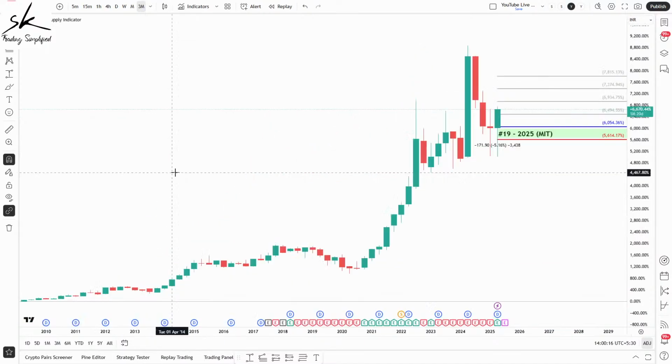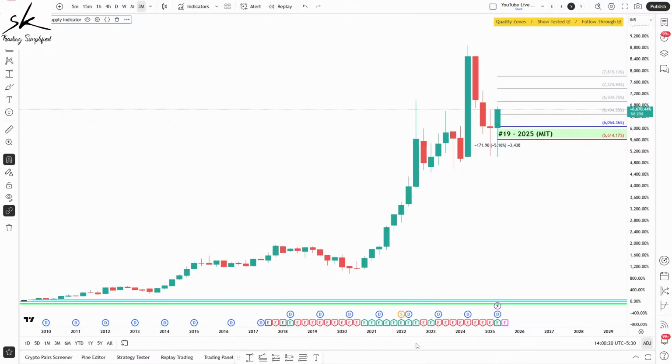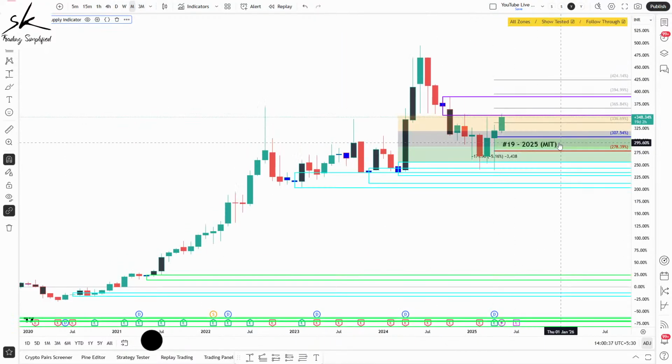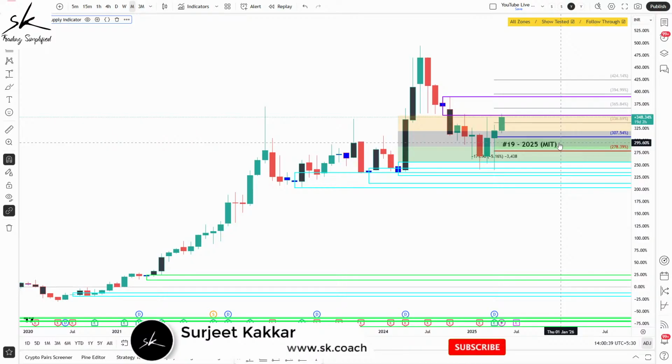If I go to the 3 months chart here, you can see I don't have any demand area here. So let's change this to all demand supply structure. You can see I don't have any support coming in from the 3 months chart. So again, based on the action grid, it is an invalid trade. Based on what is happening as of now, can you see it's coming down from the monthly, then coming to my zone? It is still an invalid trade.